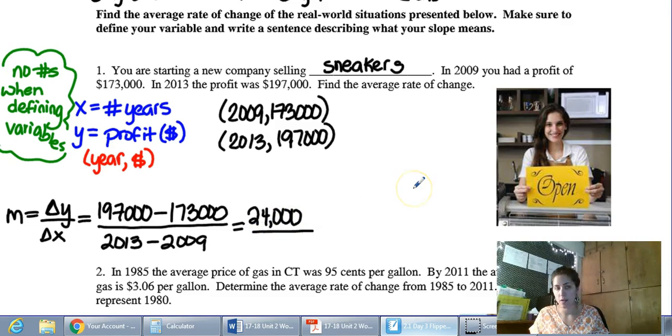Divided by 2013 minus 2009. So again, 2013 minus 2009, and I get 4. Now technically this is a slope, but we want the unit rate. What I mean by that is if I actually went and looked for my labels right now,